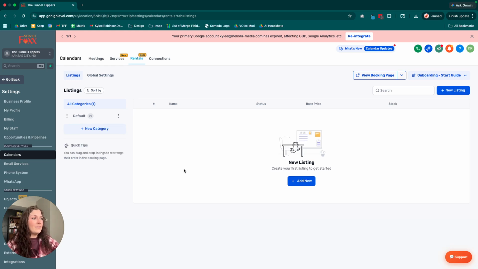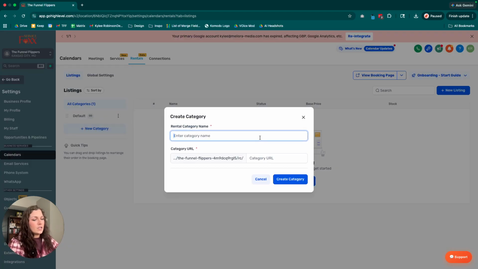Now we're going to dive into categories really quick. I want to start with that. Categories are essentially going to allow you to just break down your rentals into different buckets or folders, however you want to think about it. So for this one, I'm going to actually title this cabin rentals